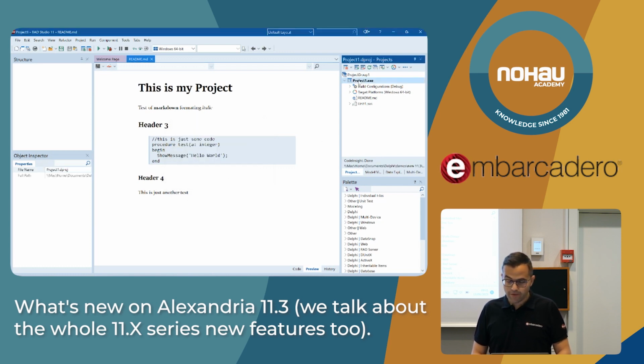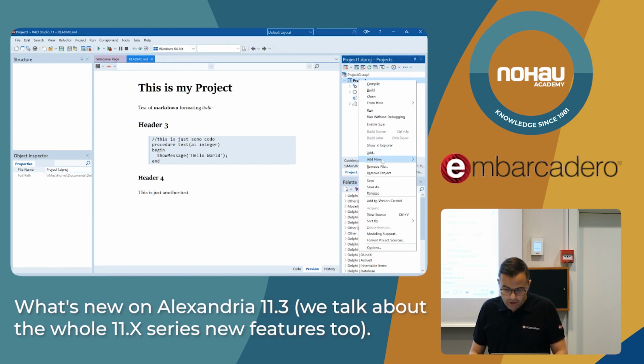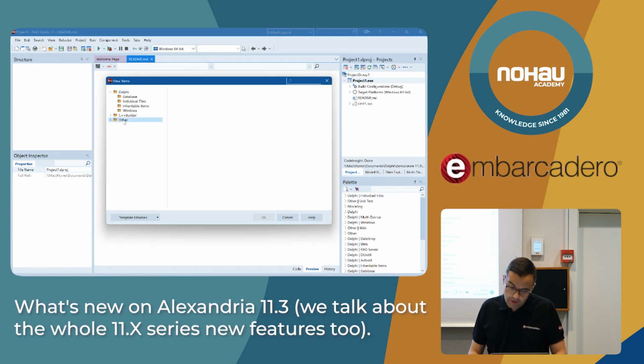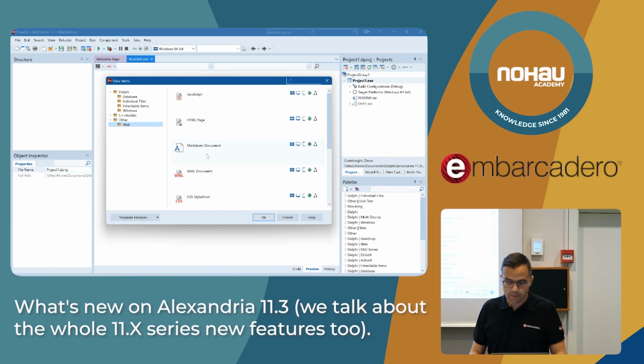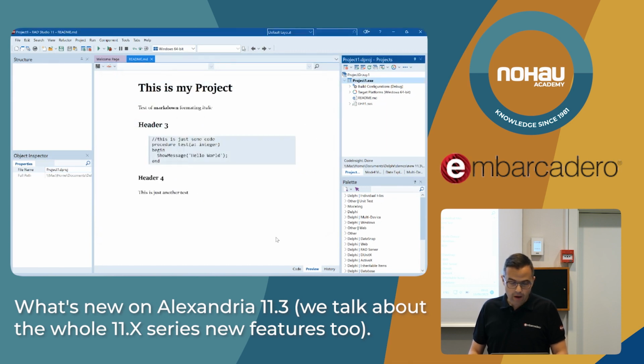How do you create a Markdown file? Well, you can create it manually in the File Explorer. You can create the readme.md, or you have here the little shortcut where you can create a new other, and under the other tab, you have Markdown document. So how do we create this